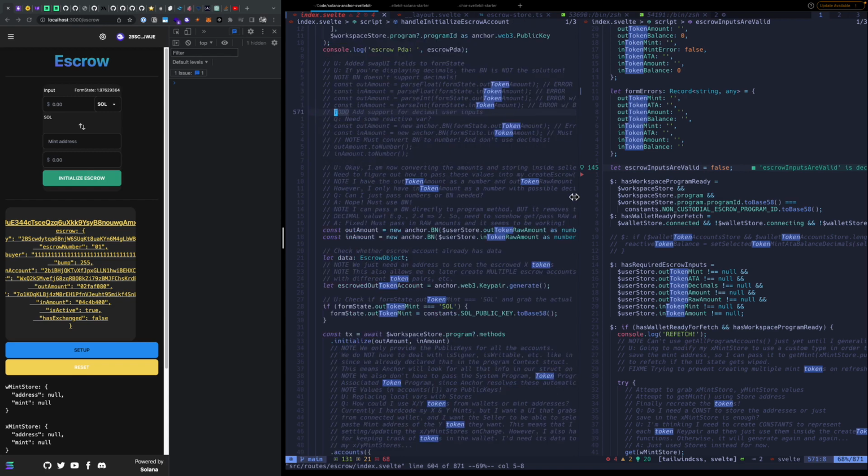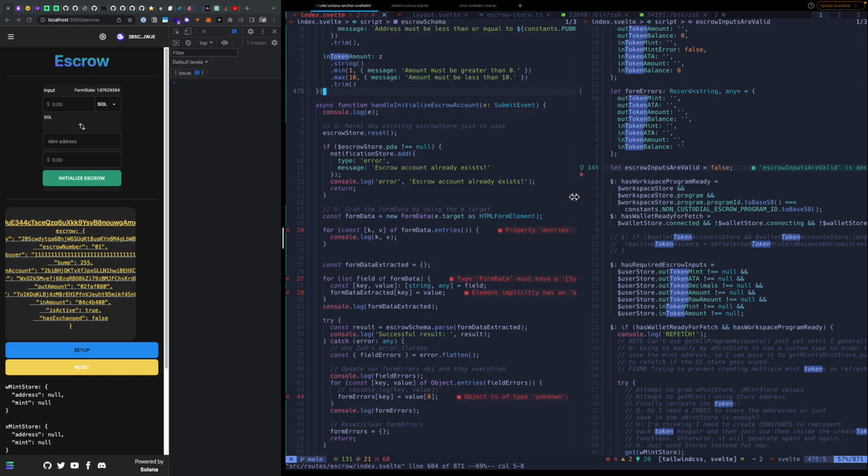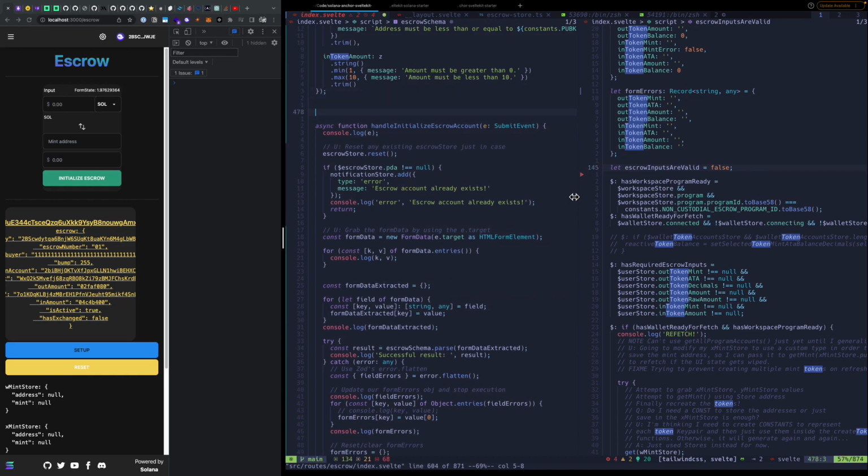So all that's to say is, I think I just need to create a function called